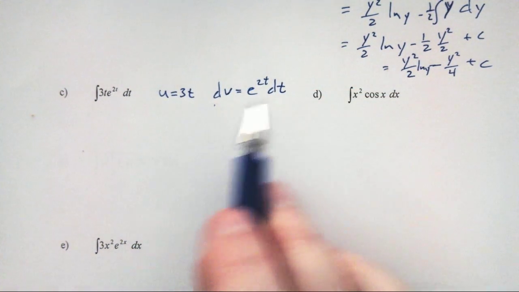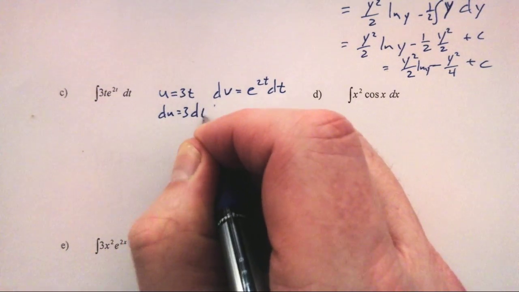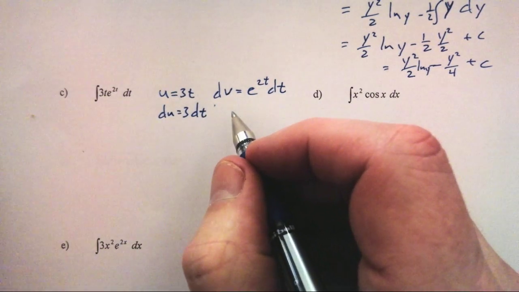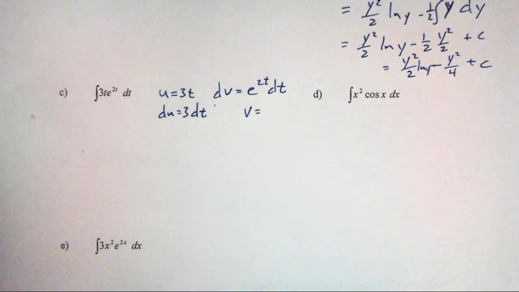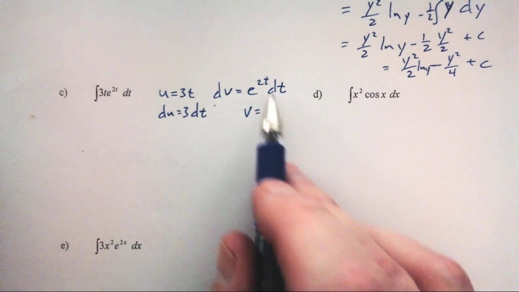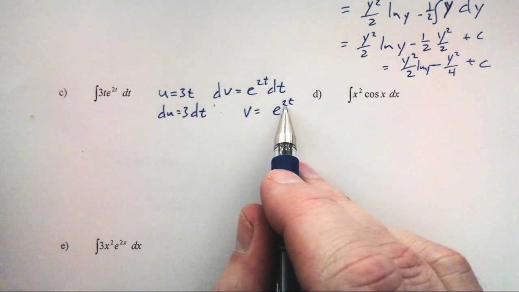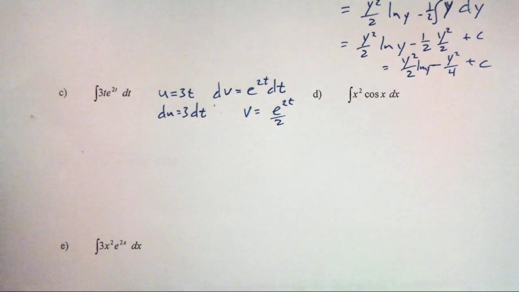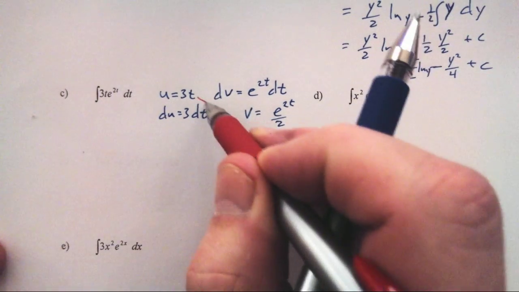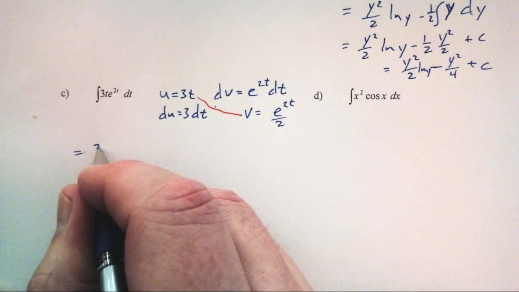Du is 3 dt, and v is the integral of e to the 2t. It comes from e to the 2t, but the derivative of e to the 2t is e to the 2t times 2. I don't want times 2, so divide by 2. So we get this times this, diagonal. I get 3t